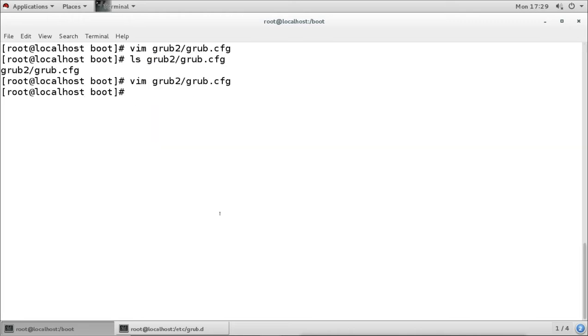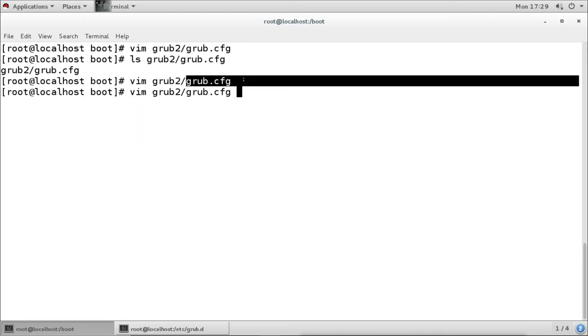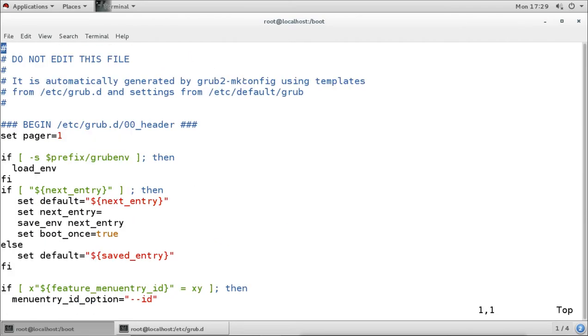So if we want to update this main file, then we can update it by using this, as it says here, generated by grub2-mkconfig. So we can use this to update the changes we have made under the templates or under the default file. We can update this by using this command actually.